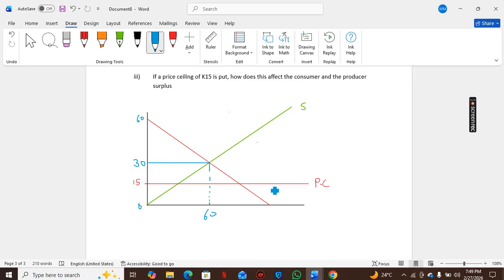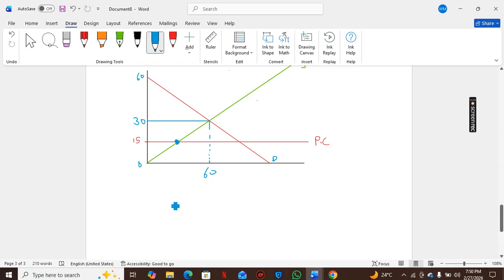Okay. So here, pay attention because there are a lot of figures you need to extract here. First things first. With this price ceiling, we need to find out what is the quantity supplied. Listen, where the price ceiling touches the supply function, that will give us the quantity supplied. Okay. So our supply function was here, QS